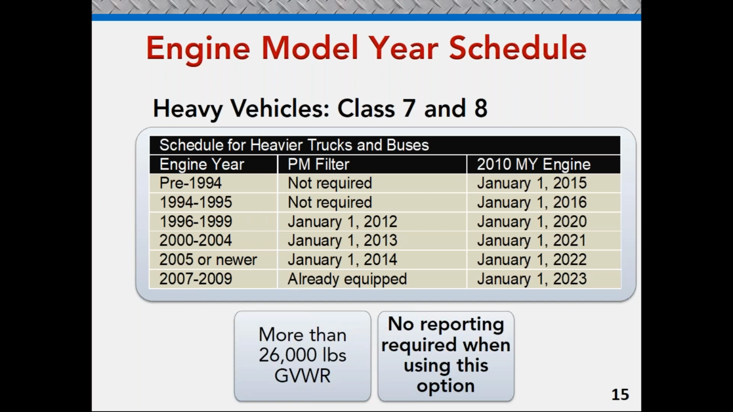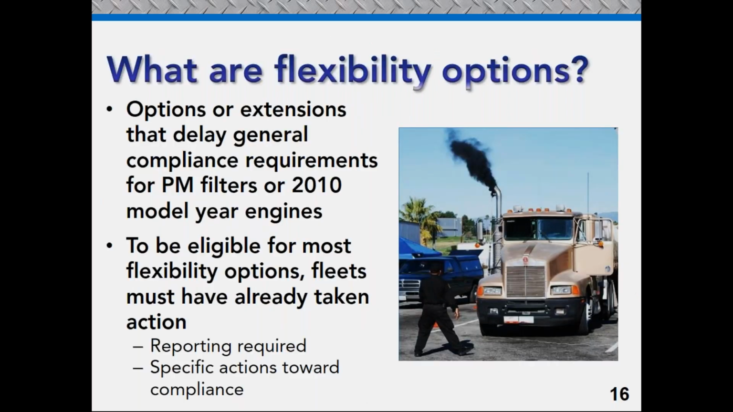The reporting system associated with this regulation was designed to help people go outside this box, so to speak, to do something that doesn't meet these conditions, because we had lots of different options in this regulation. And in fact, we should talk about those. They're called flexibility options. They were options that gave extensions, they gave delays on the general compliance requirements for filtration